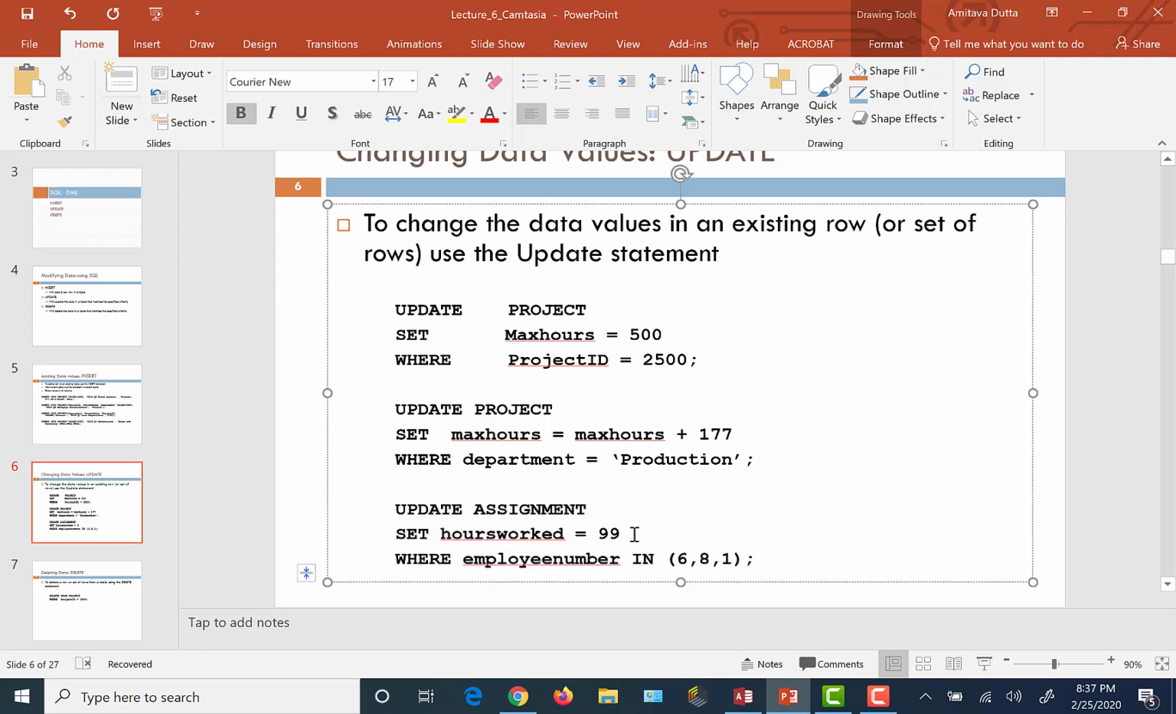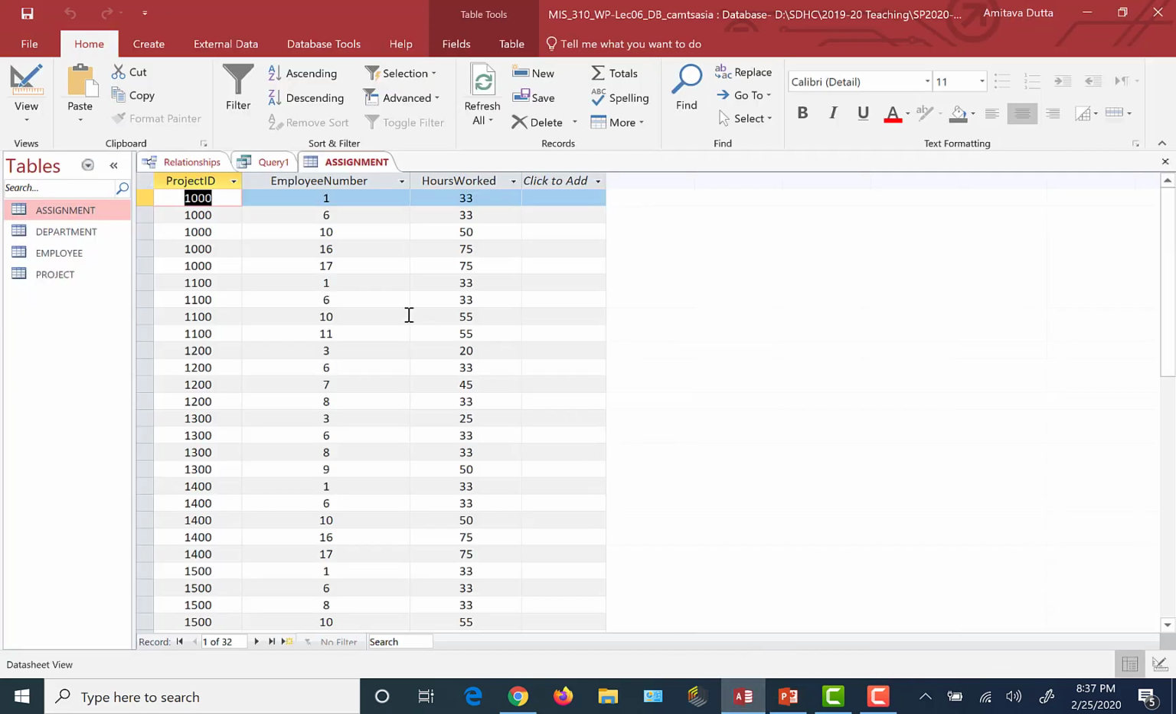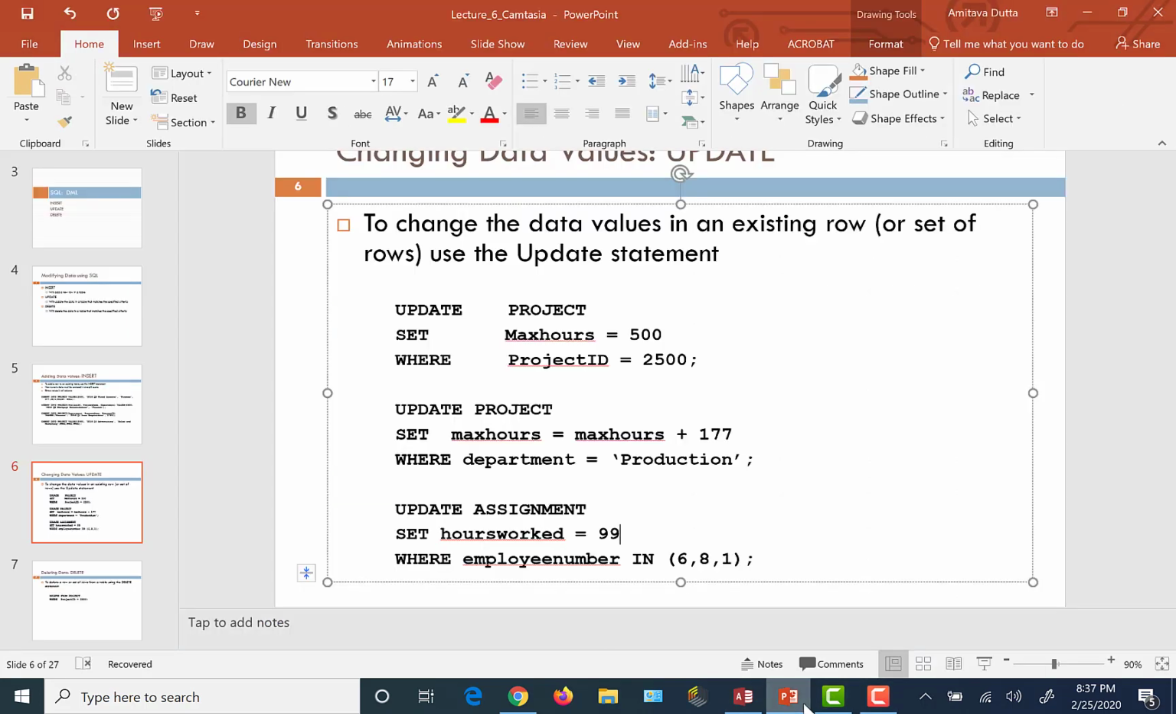So we'll know it has actually changed. All right, so we will change wherever there's an employee 6, 8 or 1, and there are many of them. Because employee number 1 works for multiple projects, employee number 1 works on project 1000, project 1100, project 1400. So wherever we see employee number 1, 6 or 8, we should change hours worked to 99. So when I execute this one update